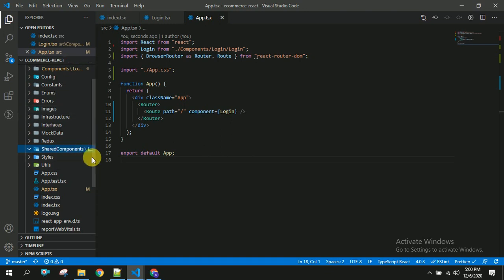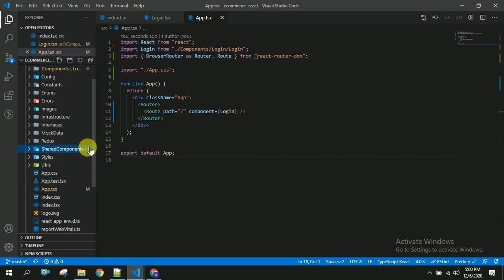In this layout folder, we are going to create a higher order component called layout, which will consist of the header and will accept other components like login and register as inputs and send them along with the header part. So it will take some component as input and send the same component as output.